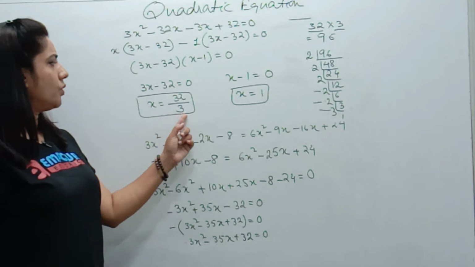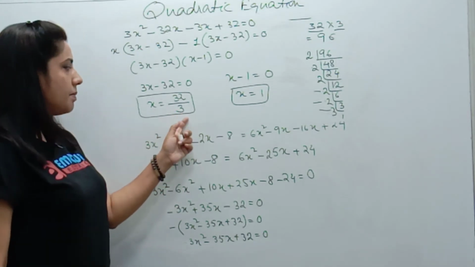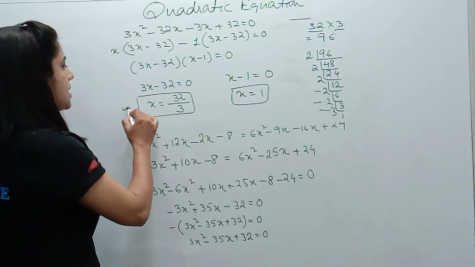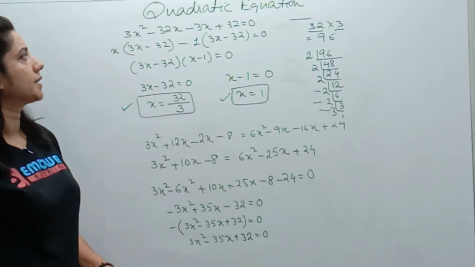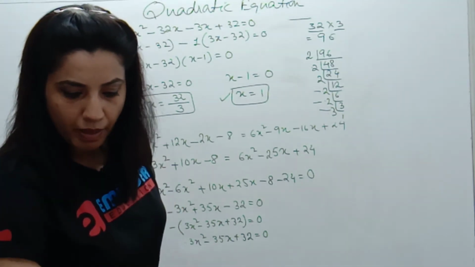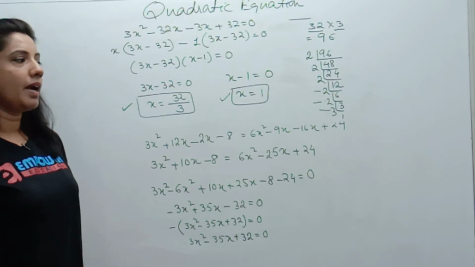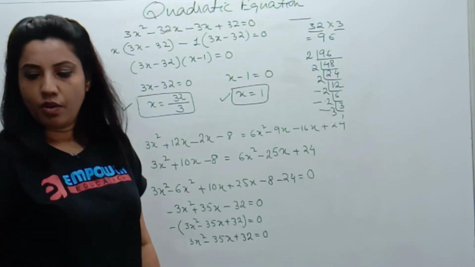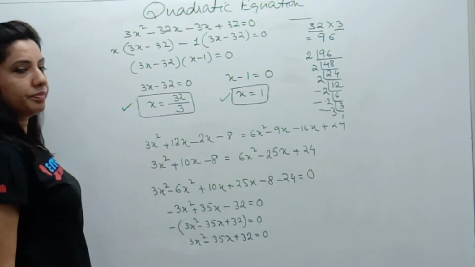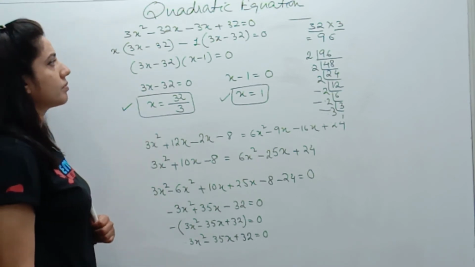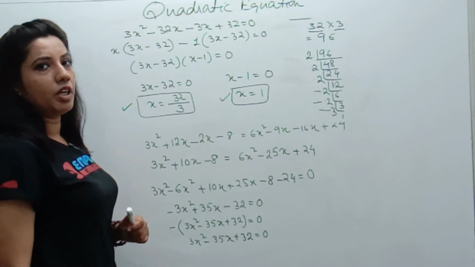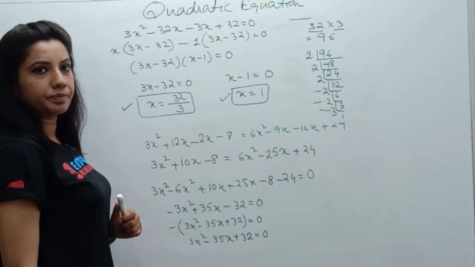You can convert it into the mixed fraction or in the decimal form, or you can keep it like this, and the other factor is x is equal to 1. So these are the two factors of x. Yeah. So we have solved two sums on factorization method. I'll be showing you one more sum and then we will move on to the formula method. So let us solve one more sum on factorization method. Please copy it down. Done. You can pause the video and you can complete the sum.